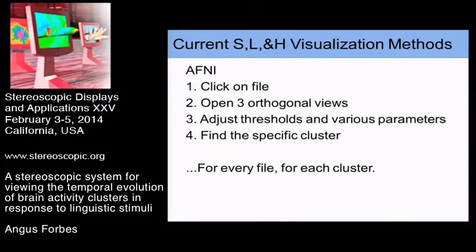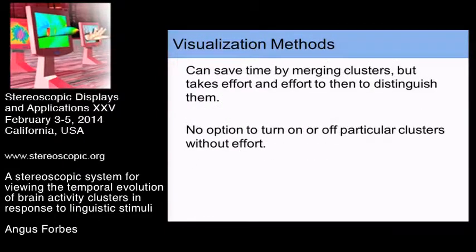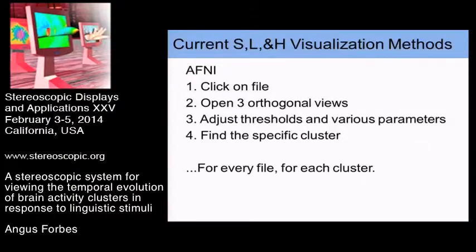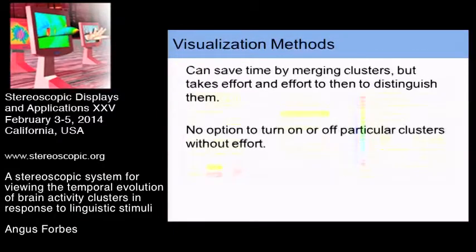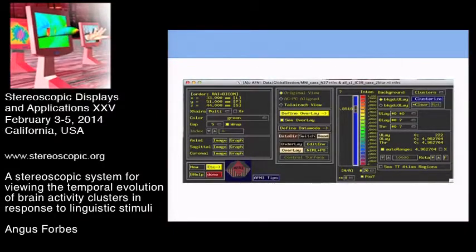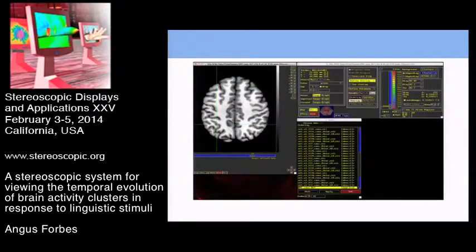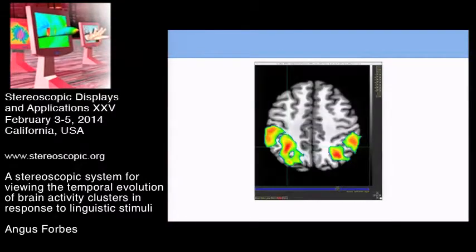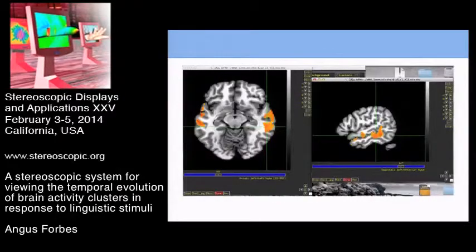So I'll skip through this, but basically it's painful for every cluster, for every file, for every subject. They have to click a bunch of buttons. And there are some screenshots of the interface, and they can view the clusters, but again, they're viewing it in 2D. They have to move through it at orthogonal angles. They usually have 3 windows open, one for each of the axes, and they find it a little bit difficult